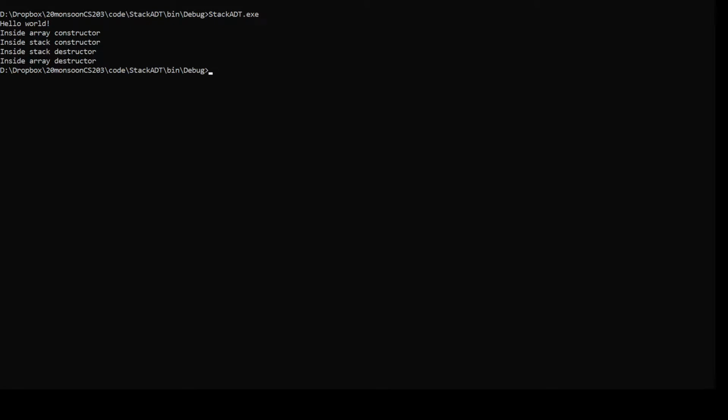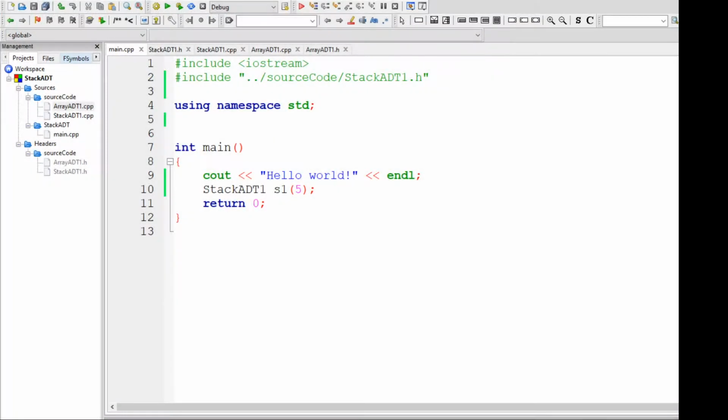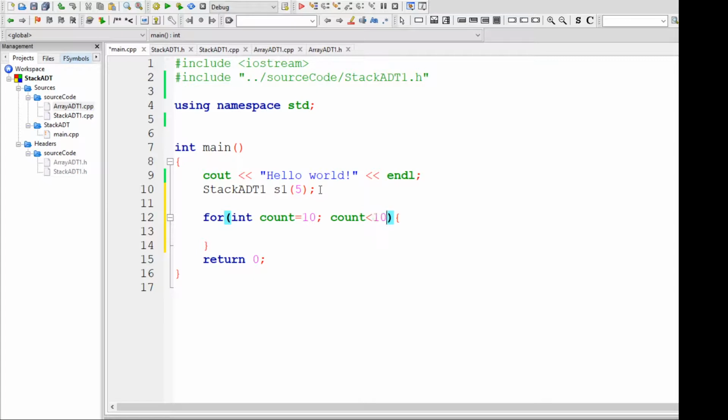So now let's go and add push pop operations to our code. Currently we are not doing any push pop operations, right? Now I have created a stack of size 5, and let me write a loop. I'll say int count equal to 10, and count is less than 20, I'll try to push up to 20.